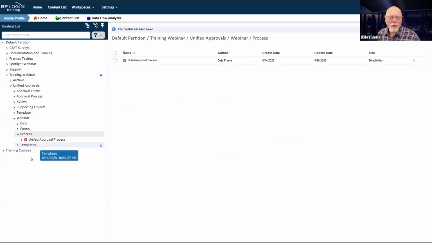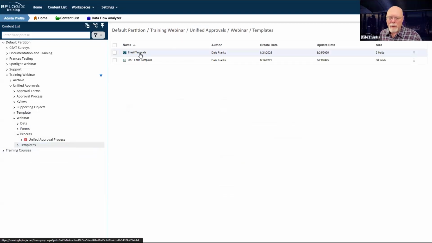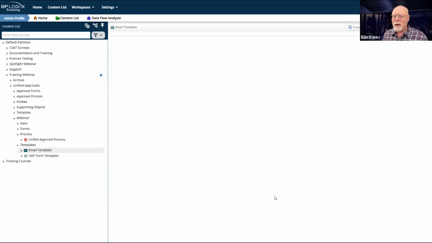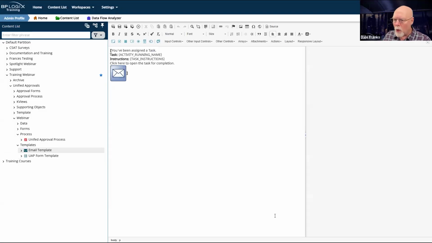The other thing I needed to do, because all I had for the email template, if you'll remember from two weeks ago, I created it just so that we could have the email template object, but I didn't configure it at all. So it needed some configuration. Now, it's going to need a lot more configuration. It's going to need a lot more work. However, I did throw in the absolute bare minimum that you need for an email template. So we have a working email template that we can look at, which reminds me, I better be sure that I have Outlook turned on so that I get the email messages as they go out.